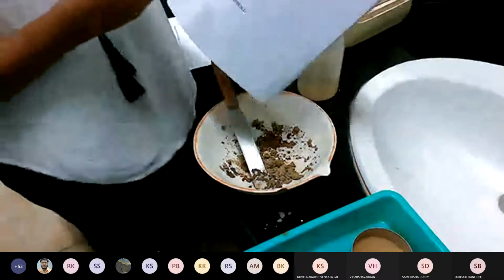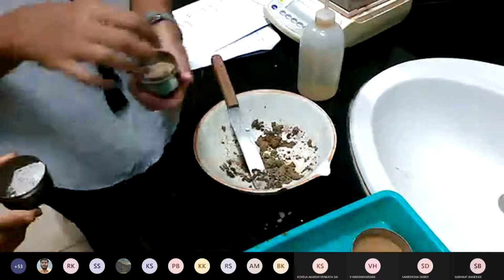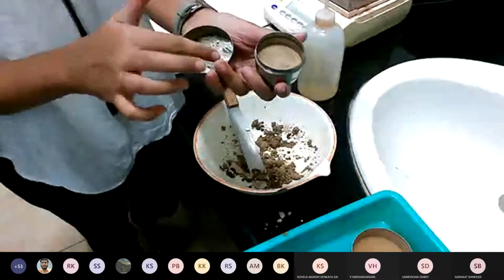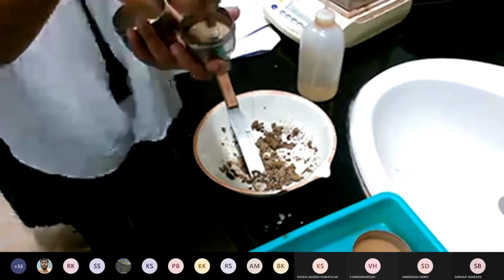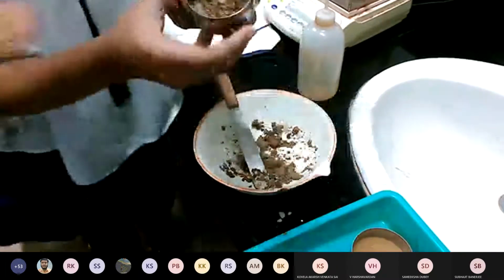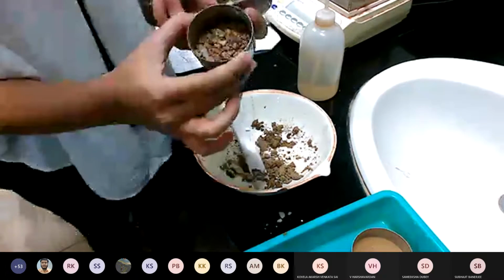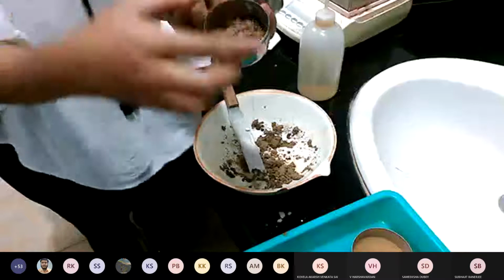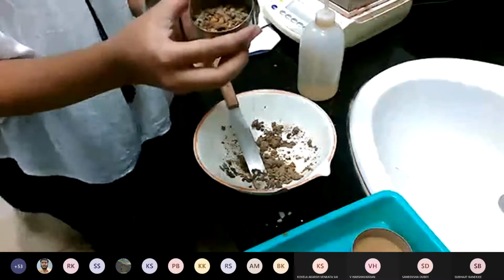So finally, in the descriptive terminology, you have to write which type of soil it is. Okay. So this is a soft one. You can write it as clay. This has coarse particles in it, so you can write it as sand. And in this soil, you have different types of sizes. See, angular, rounded, flaky, all kinds of soil particles you can see in this one. So you can write it in that terminology.